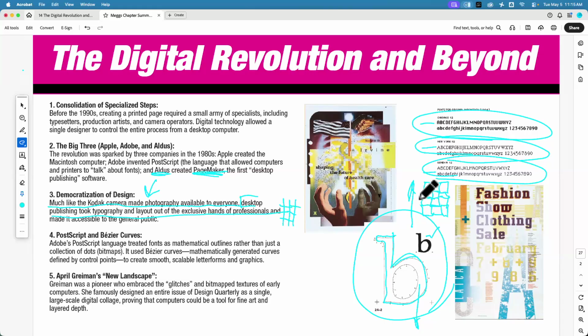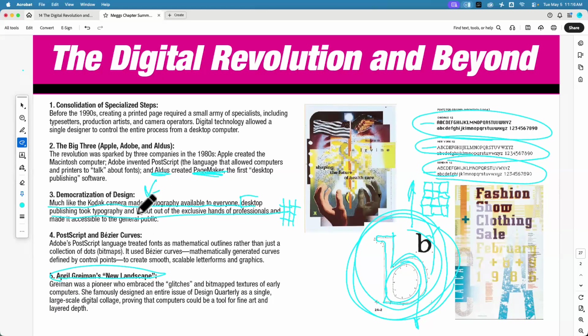But then if not everybody's using one and the other, there's a mix. Some are low res, even though they don't have the infrastructure to have the higher res stuff, this, that, and the other. Bezier curves takes that away. We are mathematically speaking about stuff. So it changes how our fonts are now. So now when we do fonts, it's all curves. You can draw it out however you want, bring it in, get a pen tool on it, make it curves, and then it's infinitely scalable, and it doesn't matter who, where, what, why, and how you place it, you're done. So it's pretty cool. And then April